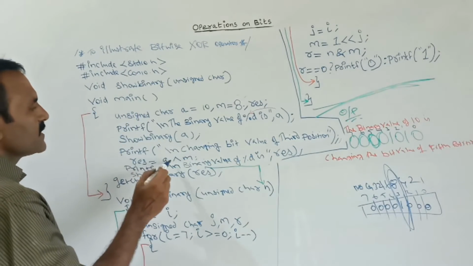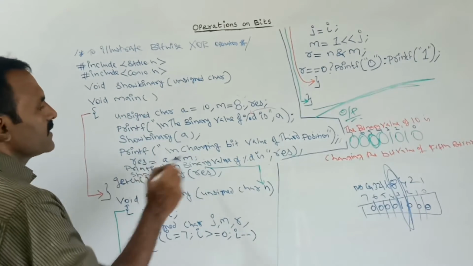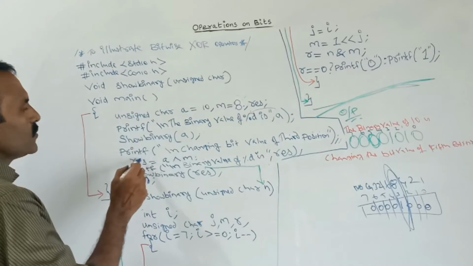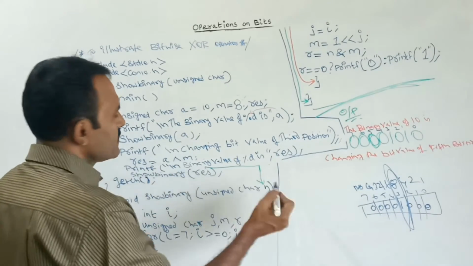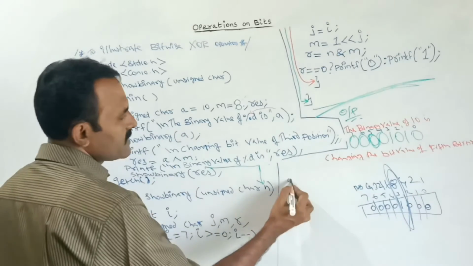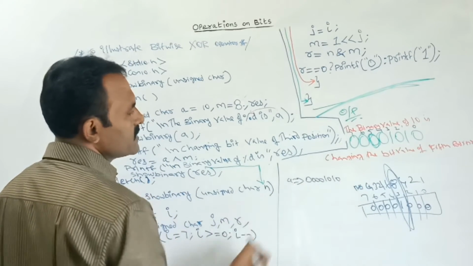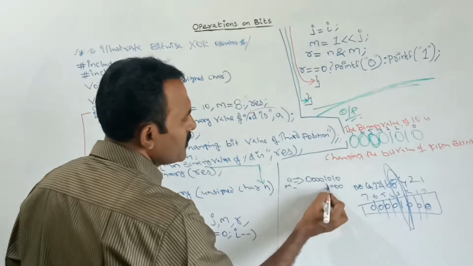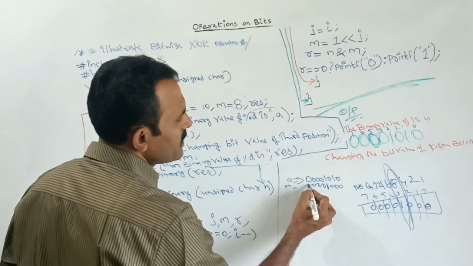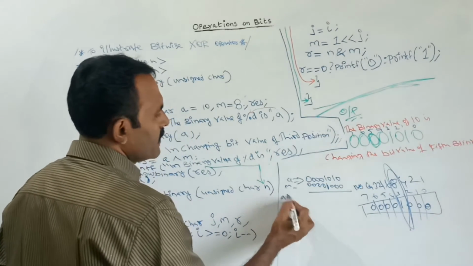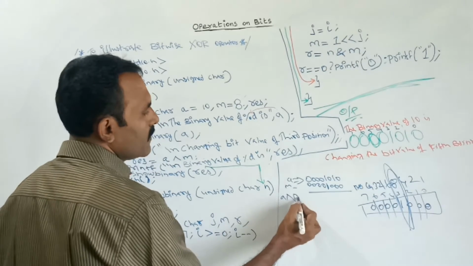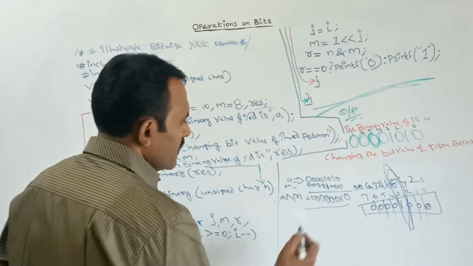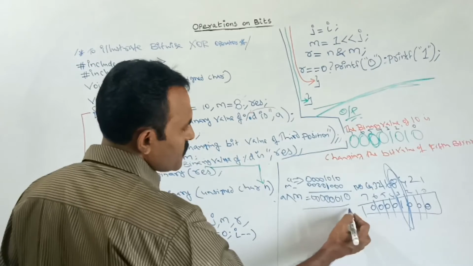Next, RES is equal to A, next XOR operator, after that mask. Here after A is XORed with M, that result is stored to RES. Say what is this result value here? The A value is 1010. This is the A value. Next, the mask value is at the third position. You put the value 1, and every remaining bit value 0. This is the mask value. Now I am XORing A with mask. So this is the result. This is the answer. See here. Now what is the decimal value of this one?